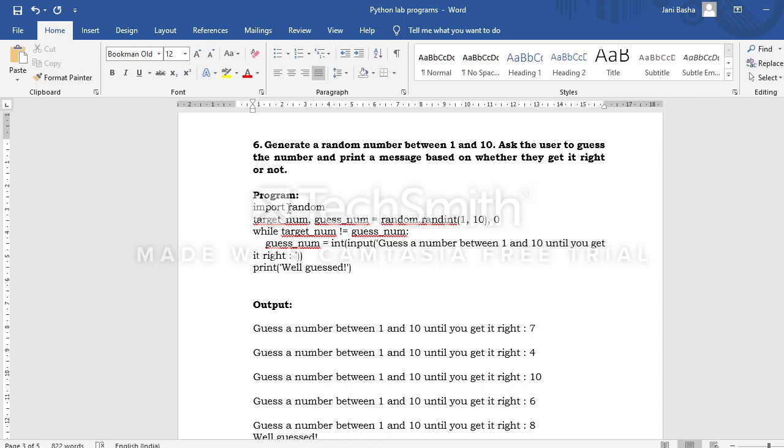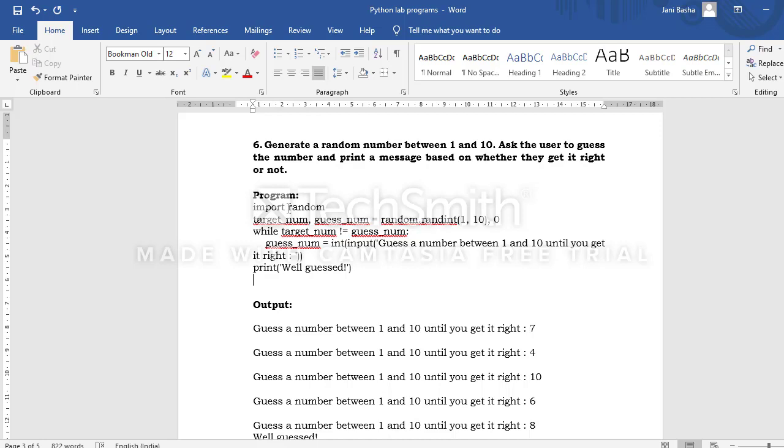We have used two variables here, target number comma guess number. The target number is the number generated by the computer. So what we have written is target number is equal to random.randint of 1 comma 10.